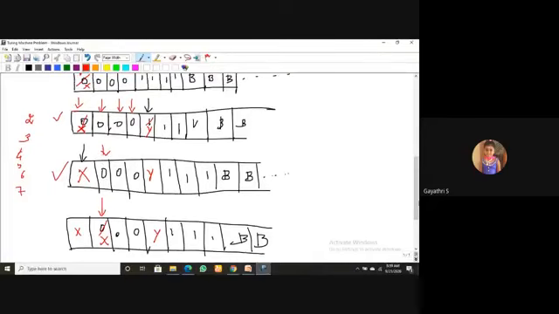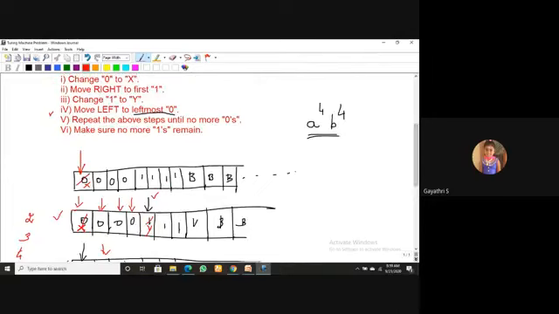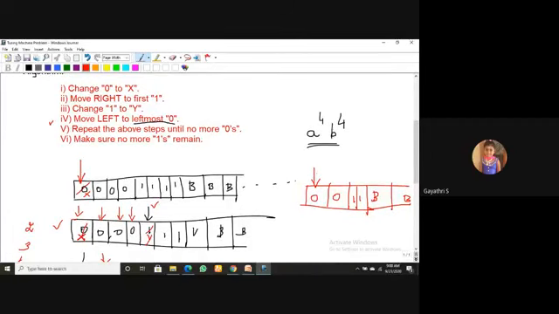From this position, this is the position of step number 2. Move right to first one. I will write only two zeros and only two ones. The remaining part is blank. The tape starts from the leftmost first position. Okay, the tape will start here. See, what's the first step? Change 0 to x. I will change the 0 to x.